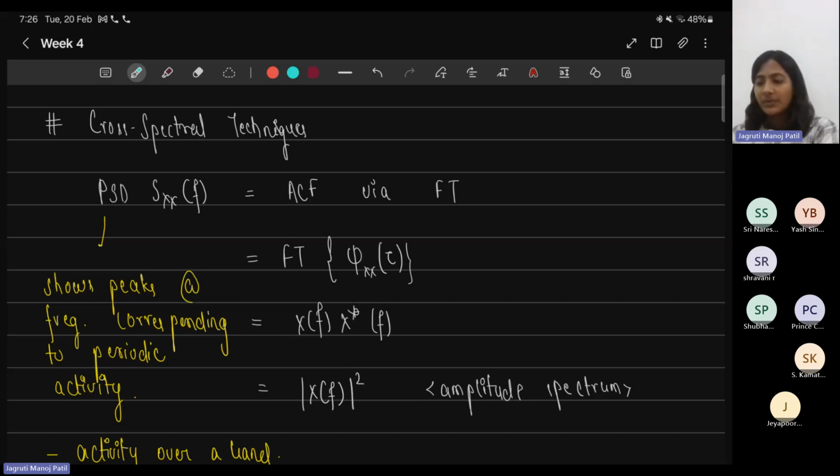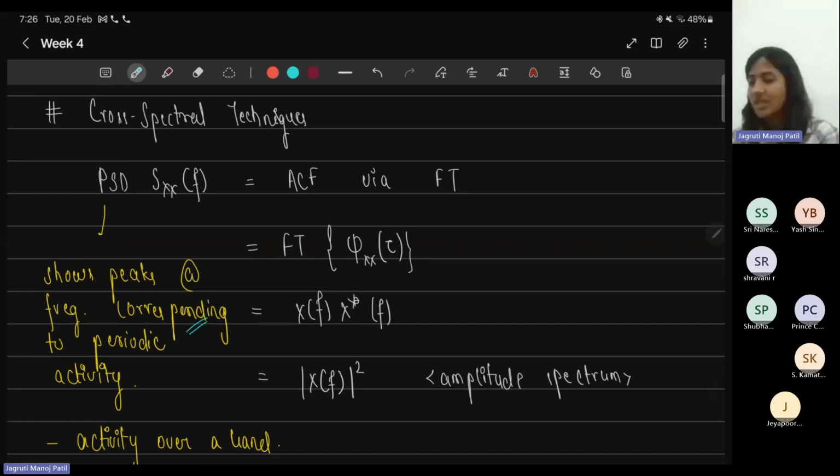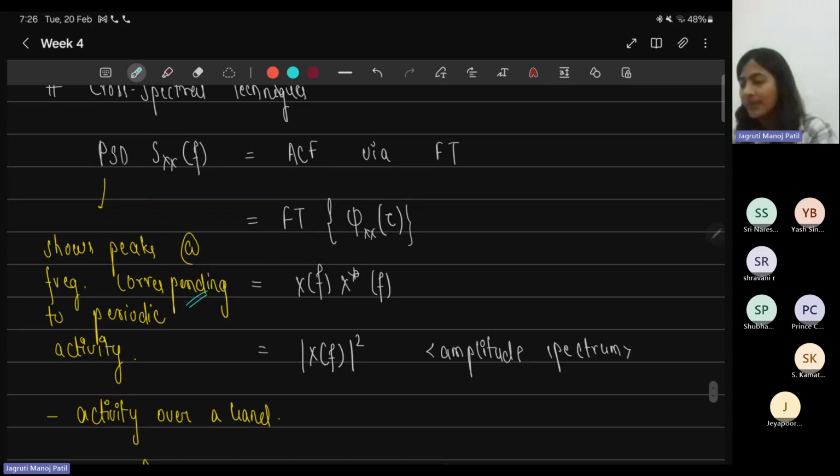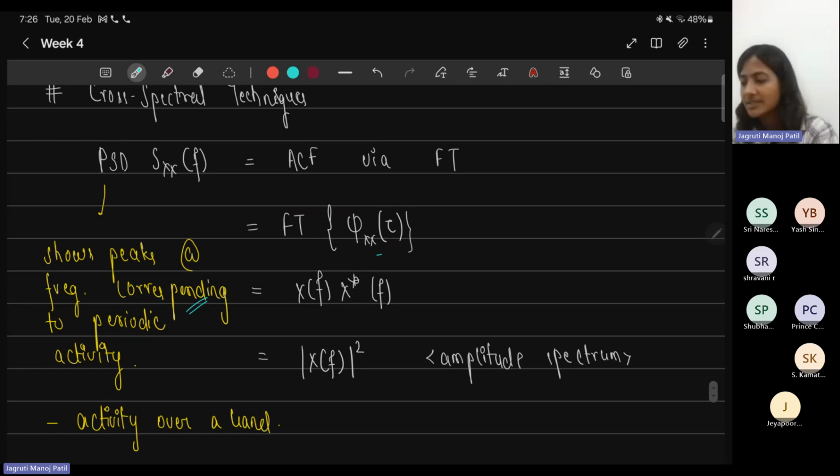So it shows us the frequencies which correspond to the periodic activity. You might want to notice this changes over here, because it will change in certain ones, and it shows us the activity over a band. So you took a Fourier transform of the signal that's in the time domain. You can write the Fourier transform of the signal with respect to the Fourier transform of its own conjugate. That's nothing but using a property. You see that the magnitude of the signal itself, the square of the magnitude. So this is for the amplitude spectra. What you get is,